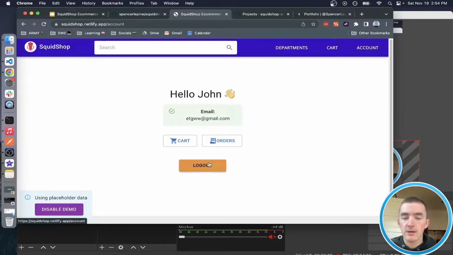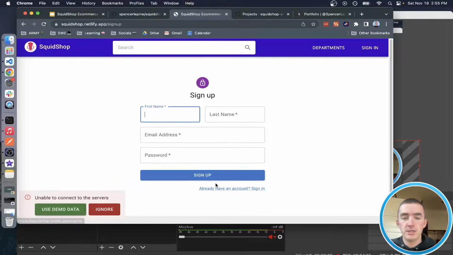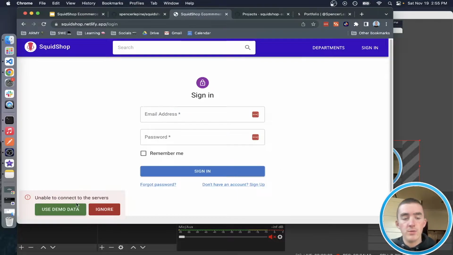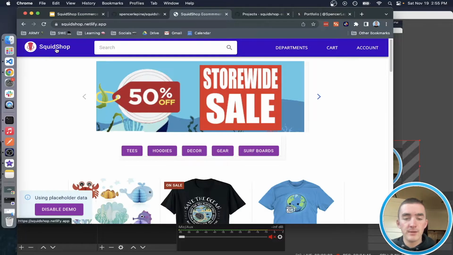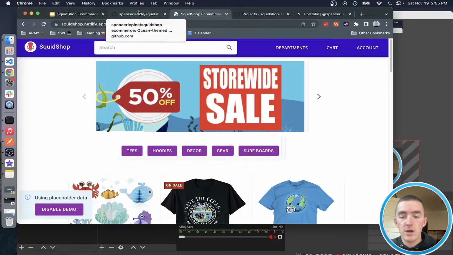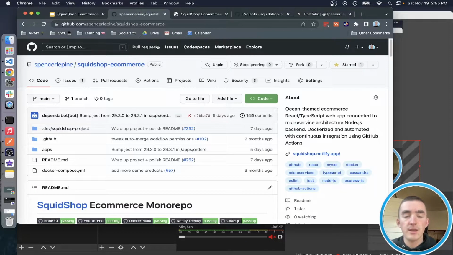Go back to my account. So if we're not in the demo, we can sign in. We have these nice pages here. This is built with MaterialUI, so we can log in or create an account, and then once we're logged in, we can view our settings. Yep, so that's all the features so far with SquidShop Ecommerce,